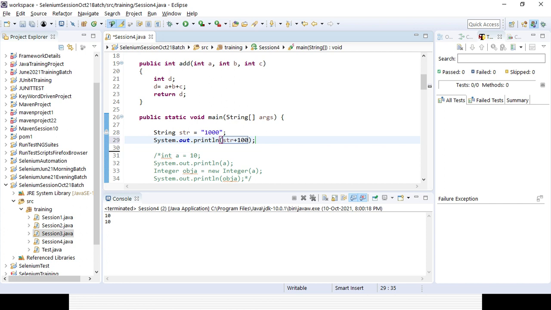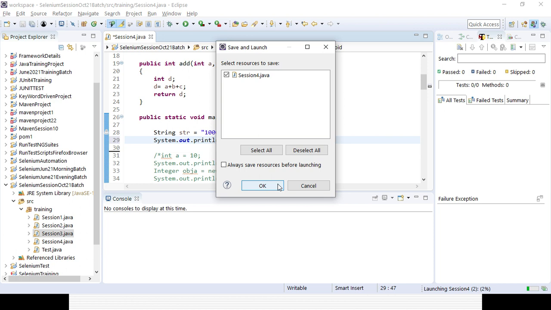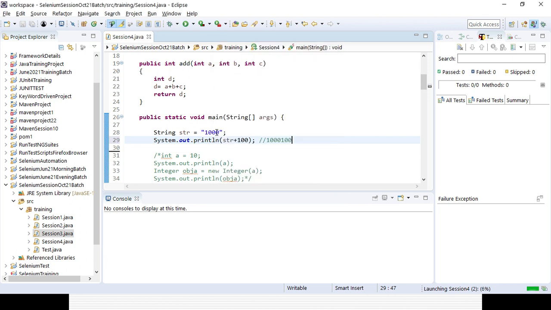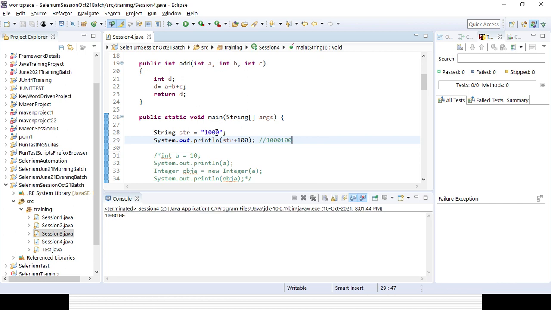It should be 1100, but no, concatenation will happen because you have declared it as a string. So it is still a string, though it is a numeric value.